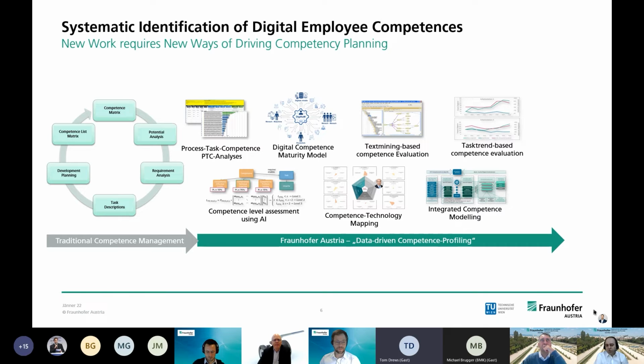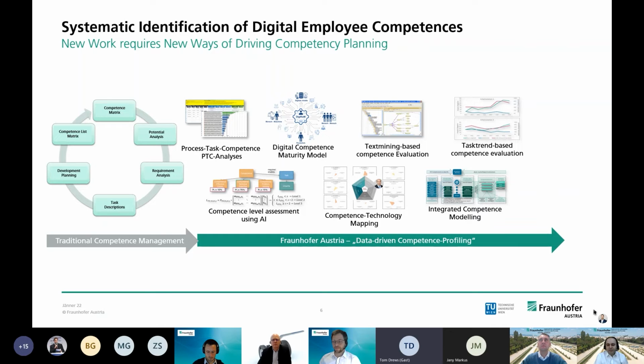But there are other sources. So you are looking at the technological trends, the trends that you have in the market, on the trends that you have with regard to your customers. You may capture this data through the internet, through social media, through the analysis of your customers' demands, through the analysis of the work orders that you get in your company, and so on, and looking at the technological